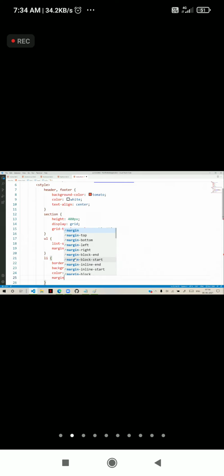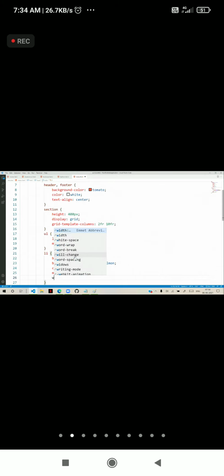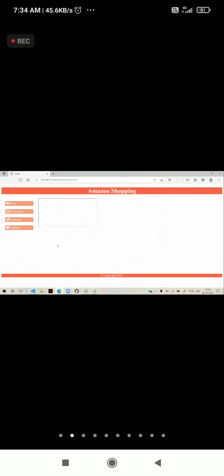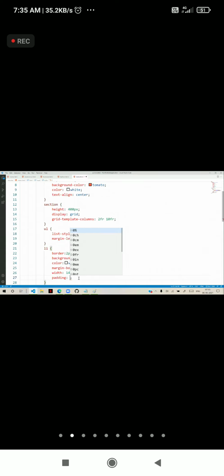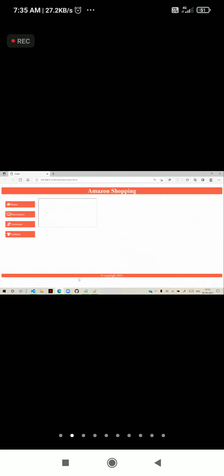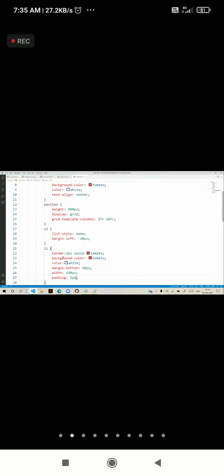So here margin bottom as 20 pixels, and width as 140 pixels. It will be in this way. The anchor background color is also tomato, so that will give a dark appearance here. And I will give padding as 5 pixels. That's the appearance for the contents. So the width is 120 pixels. That's fine.